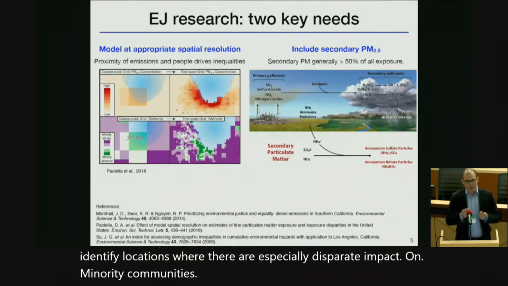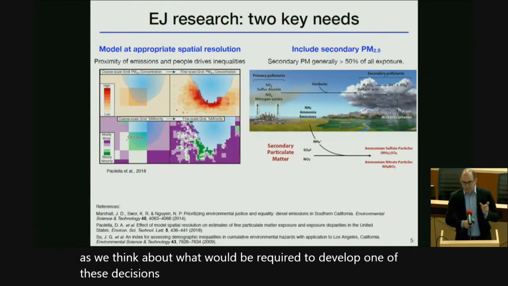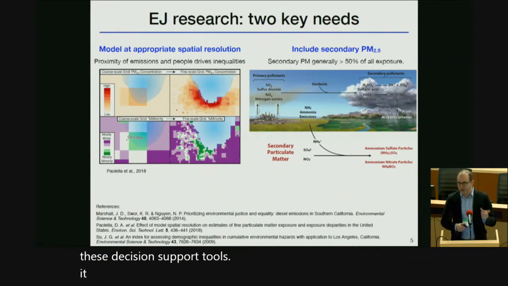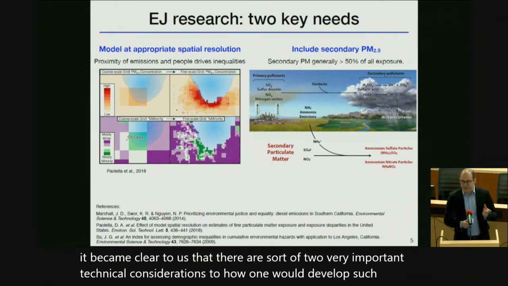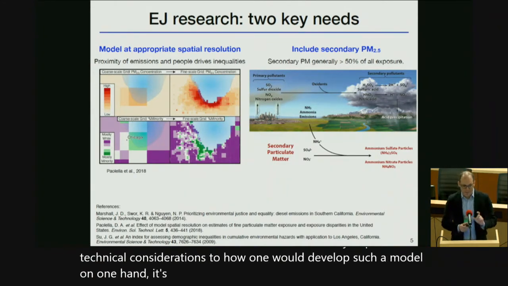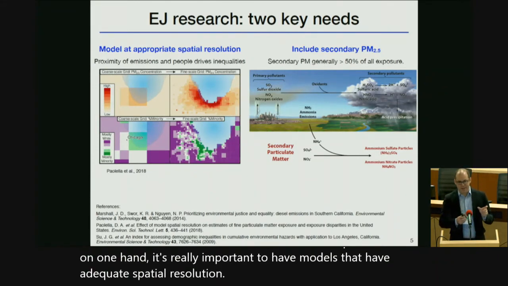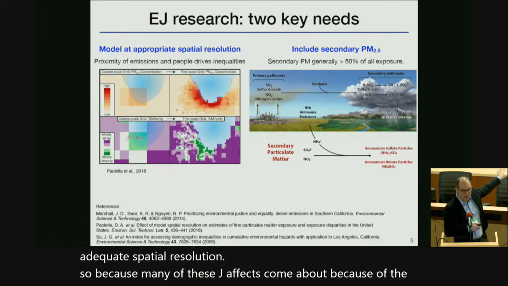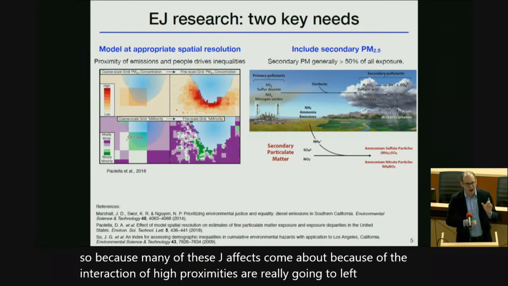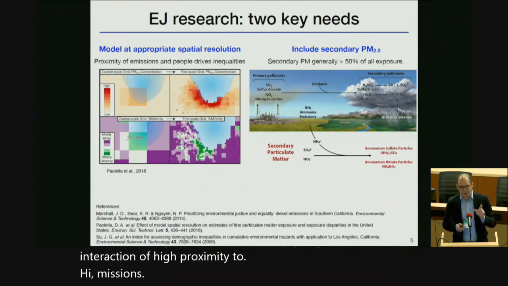So as we think about what would be required to develop one of these decision support tools, it became clear to us that there are two very important technical considerations to how one would develop such a model. On one hand, it's really important to have models that have adequate spatial resolution. Many of these EJ effects come about because of the interaction of high proximity to emissions and high emissions, so it's important to model these processes at